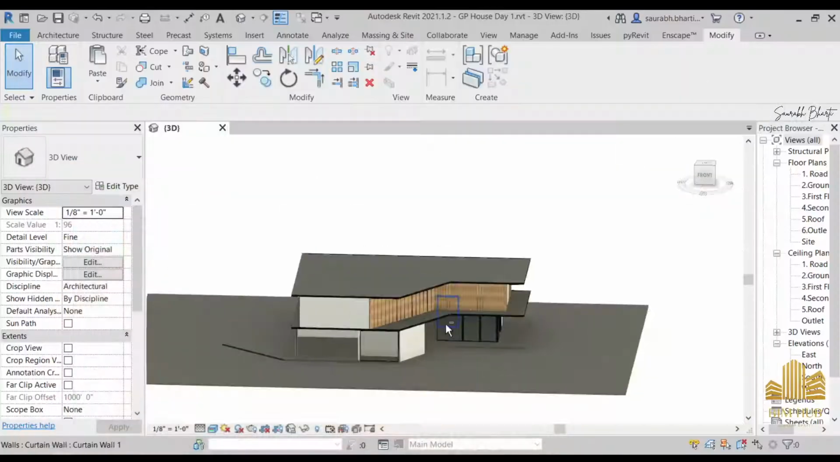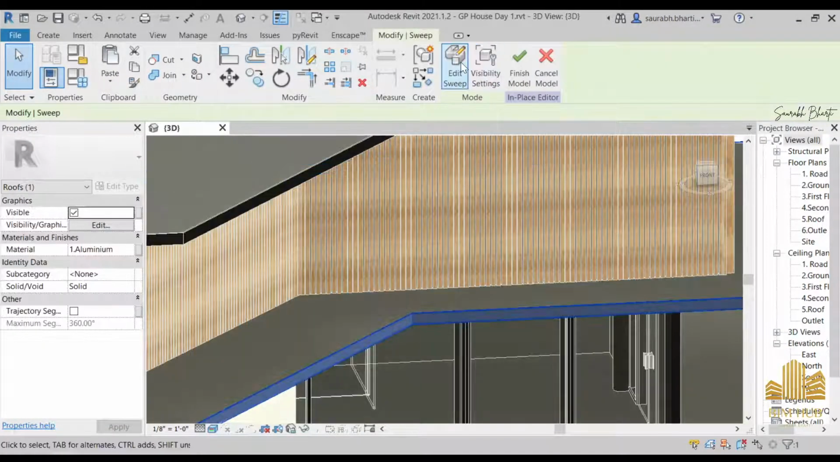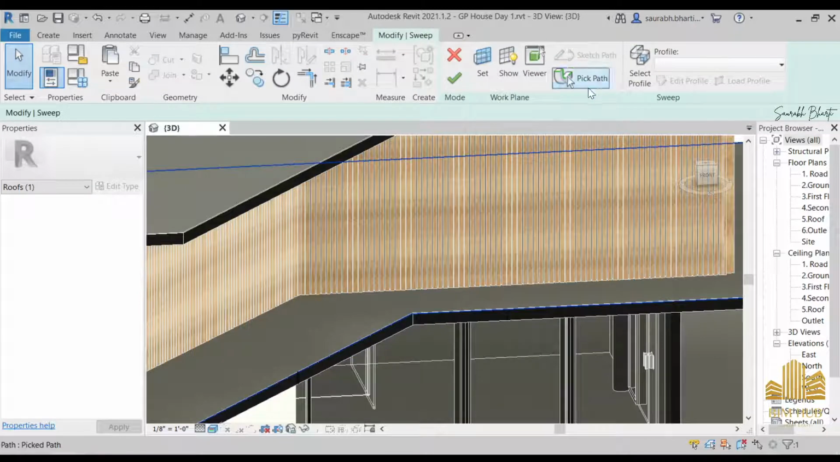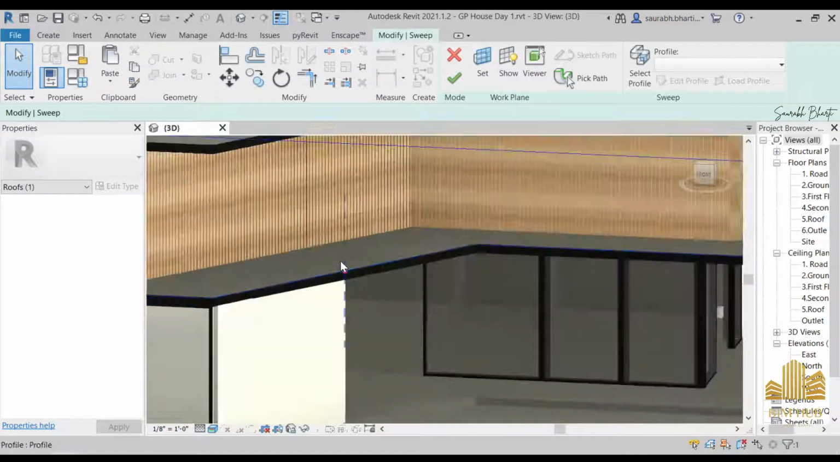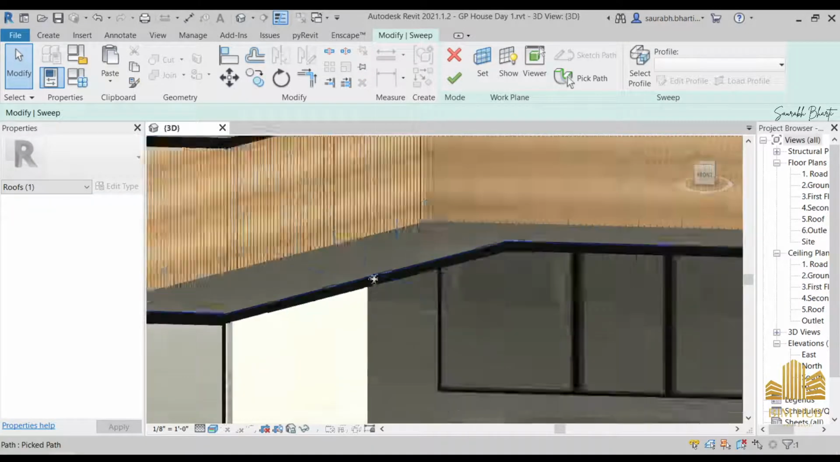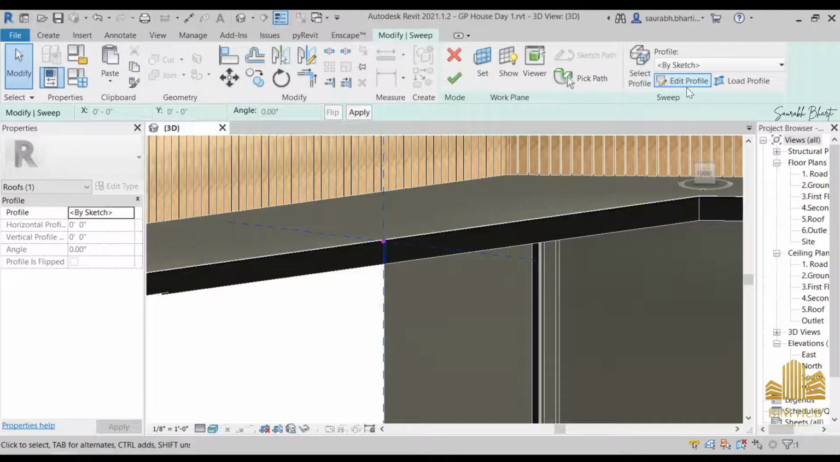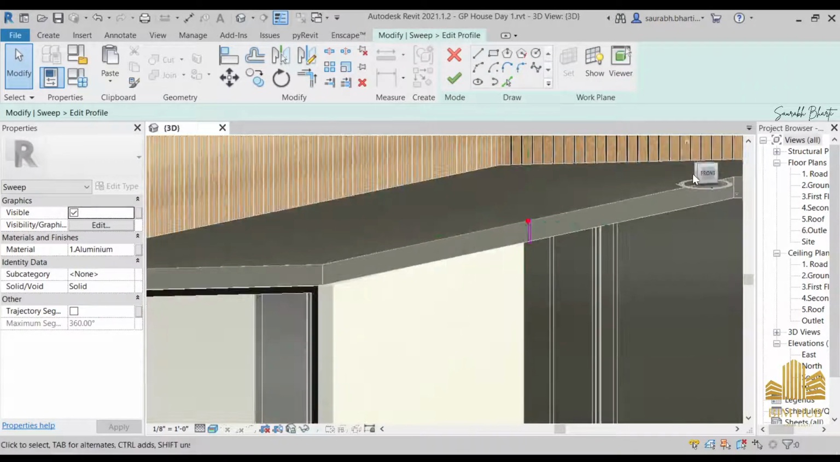And if you want to give it a curve size and curve type of something, then you can just select it, edit in place, and then again go to edit sweep, select this one, and we already have a path, so we have to edit this profile. So just select this profile. Let me see if I can select it. Okay, just go to this edit profile, and here you can